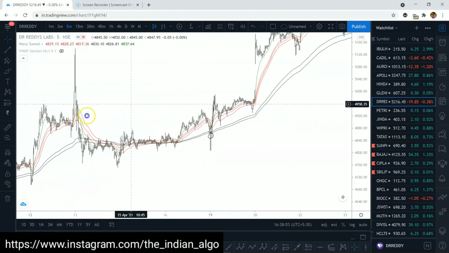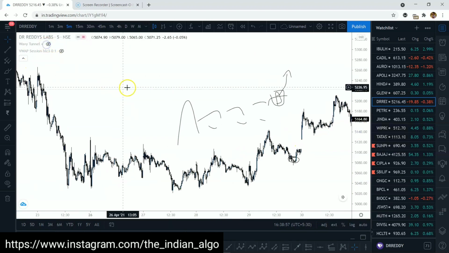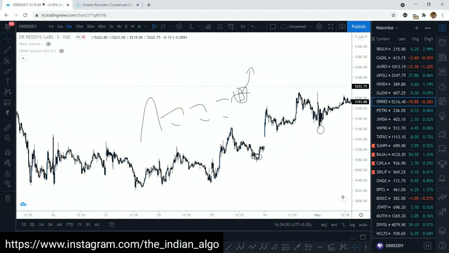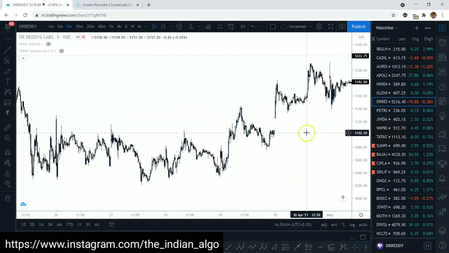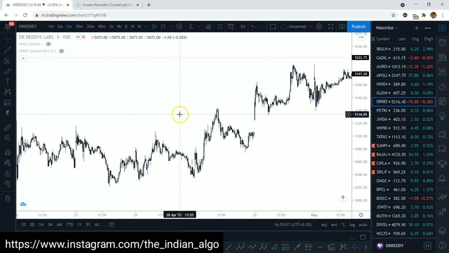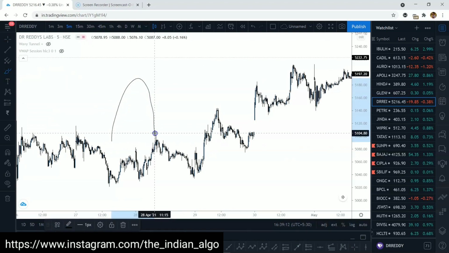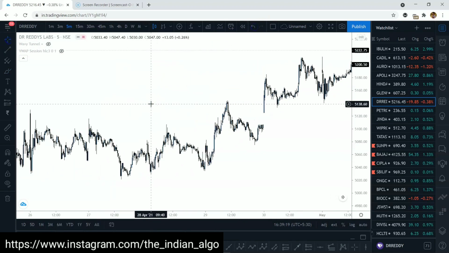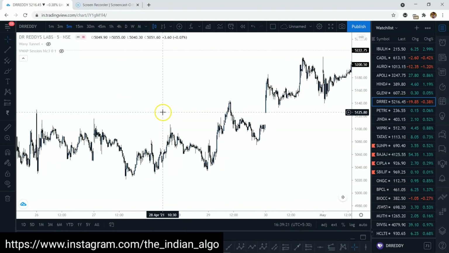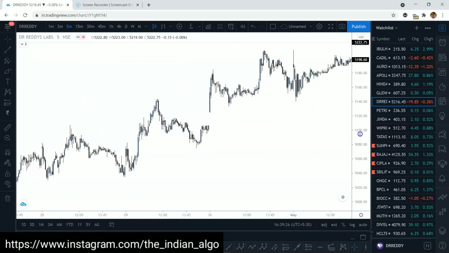Let's now try to identify the volatility contraction patterns. If I simply remove the wavy tunnels here, I'll remove all of this as well. Simply try to understand where you can figure out some sort of volatility, where you can figure out a higher move, something like this. Keep drawing all this on your charts, so you will have a better understanding of where you can identify volatility contractions. Volatility and contractions both have to be there. These two things have to be there.